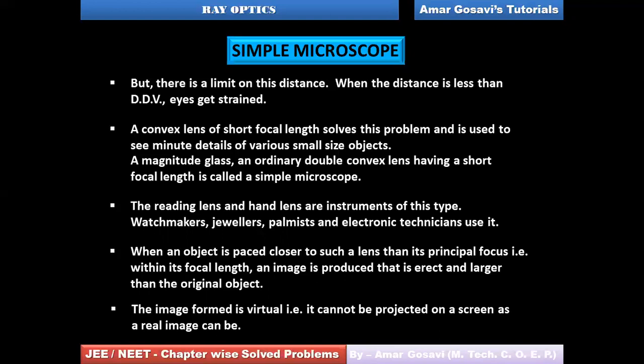It's again an important point which we missed. The image which is formed, if it is erect and magnified, then it has to be virtual, as per our ray diagrams. A virtual image cannot be projected on the screen. Real images can be projected. That's the point to be considered when we study the simple microscope in greater detail. Make a note of this last point also. It's equally important.